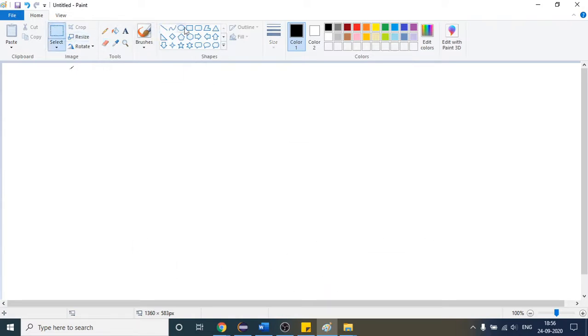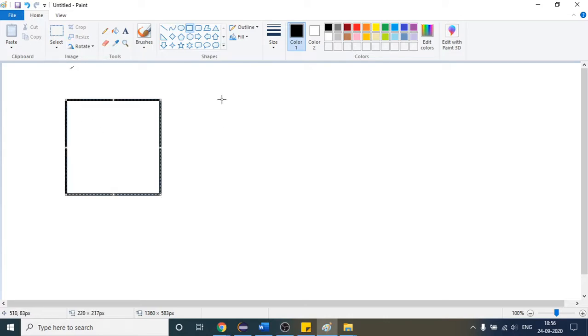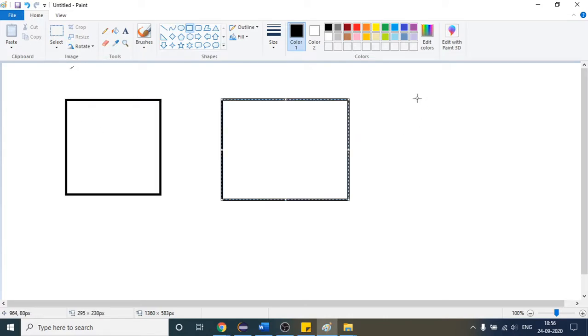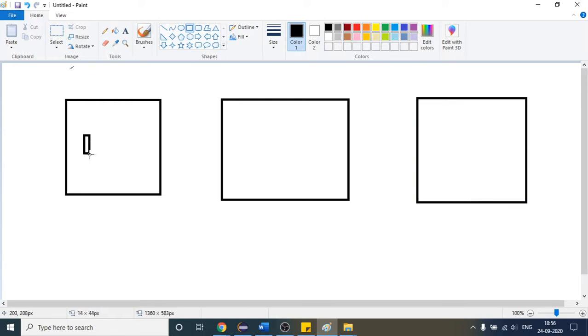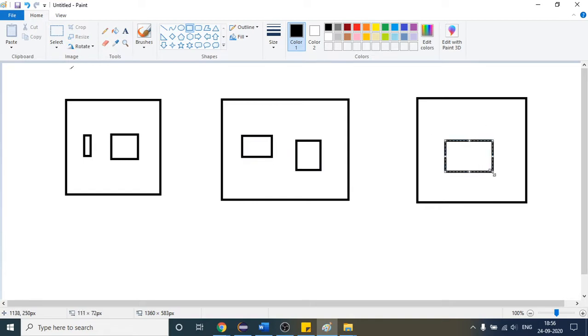Suppose this is one iframe, and there are boxes present inside. Suppose this is the index: 0, this is 1, and this is 2.